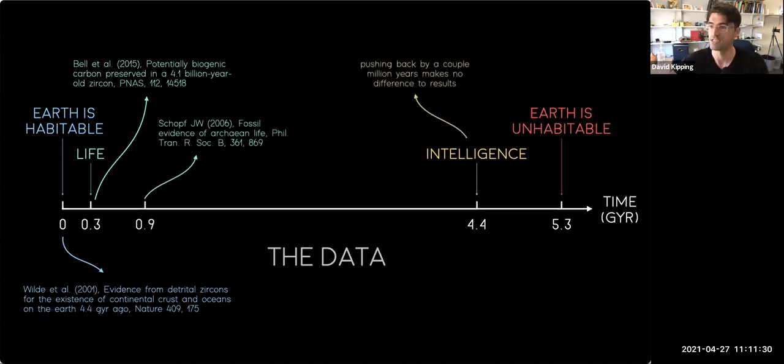Of course, then we eventually get to us, humanity. And you could say, well, when do you find that? Is it when we have hominids, which is about 2 million years ago, a few million years ago? Or is it when we started farming? Is it when we started radio signals? It really doesn't make any difference on this scale. You can move this number around by 2 million years and you would just change 4.4 to 4.398. It really isn't going to make much difference how we define intelligence.